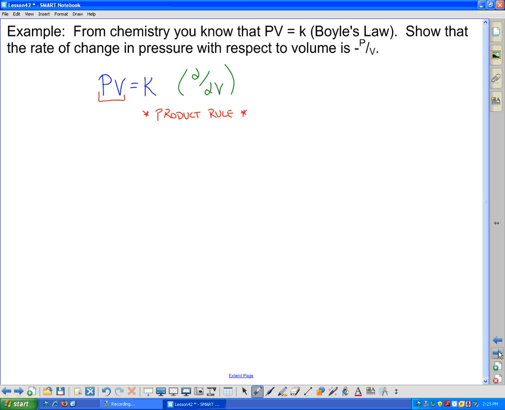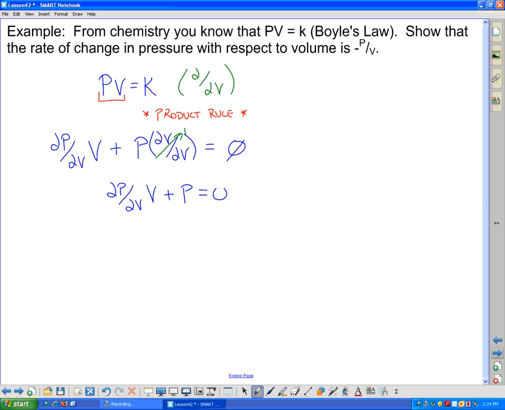So we're going to take the derivative of pressure with respect to volume multiplied by volume plus pressure multiplied by the derivative of volume with respect to volume equals, and remember K is a constant for those that haven't taken chemistry, derivative of a constant is 0. Now dV by dV, this means we're comparing the rate of change in volume with respect to volume. That's a 1-to-1 ratio. So that value itself is a value of 1, which means we have the change in pressure with respect to volume is V